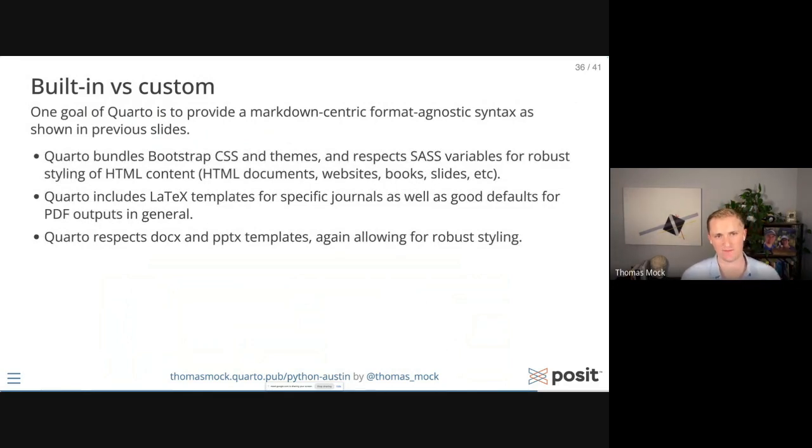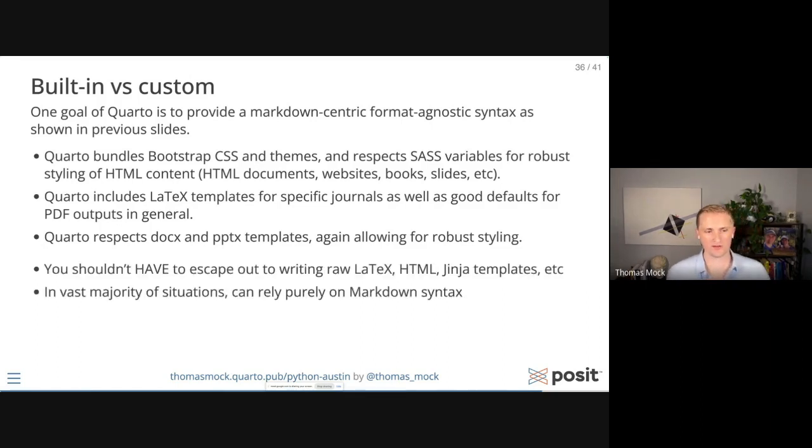So we have Bootstrap for CSS. We respect Sass variables for styling. We include LaTeX templates for a bunch of journals for academic publishing, as well as docx and PowerPoint templates for if you have one that you use at work. Ultimately, you don't have to write all these different raw things,